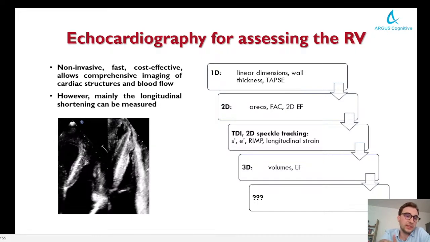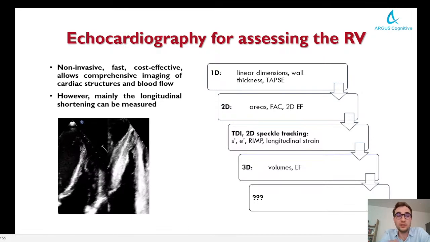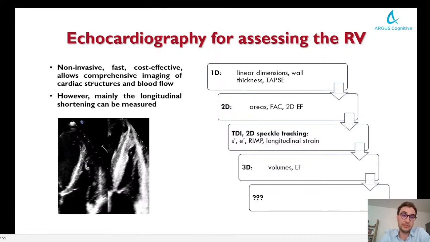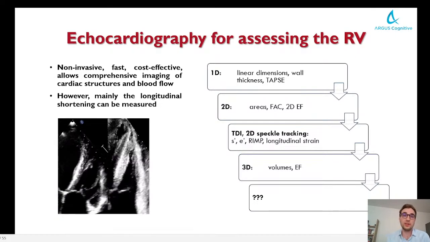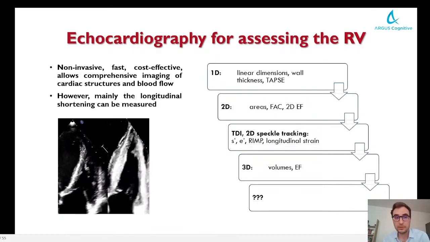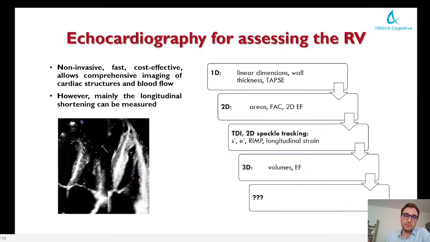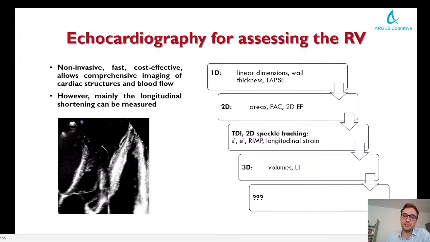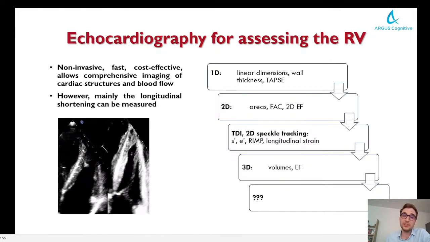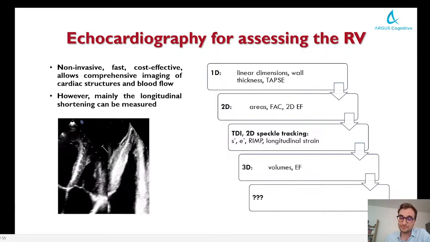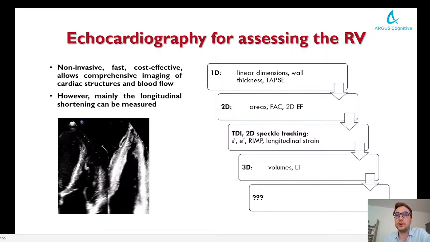And we know that it's a relatively fast, non-invasive, quite cost-effective method which allows a comprehensive imaging of the cardiac functions and the blood flow. However, regarding the right ventricle, we have more limited options, and we will see that the vast majority of parameters that we use are assessing the longitudinal shortening of the chamber, and